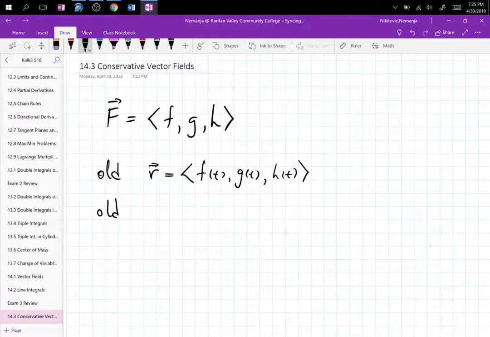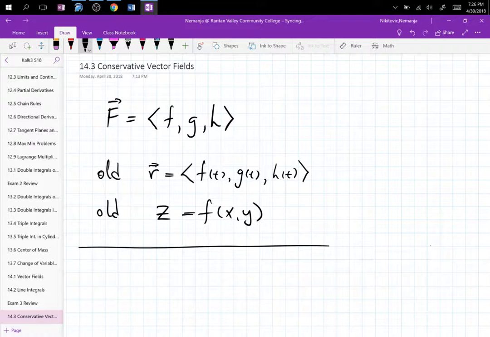Another thing that is old is if you have that the function of x, y, z is given as a function of x, y. So now when you put all of these concepts together, you realize that if you take the gradient of a function,